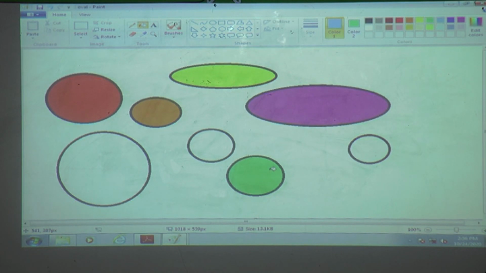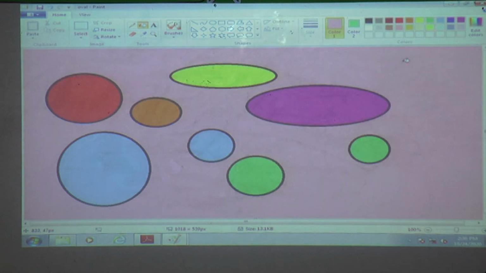Which button do I press now? Right button. Good. Here left button. Here also left button. And here right button. We can give color to the background also. How to give? Select the color and give the color.